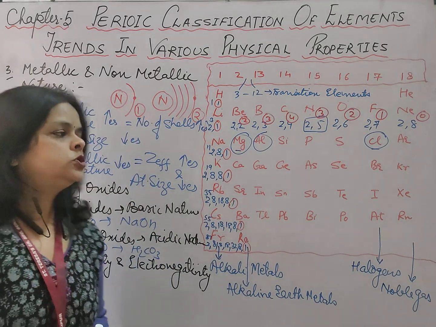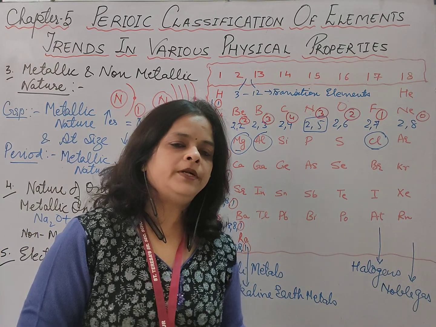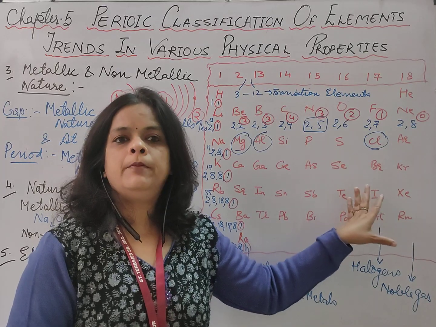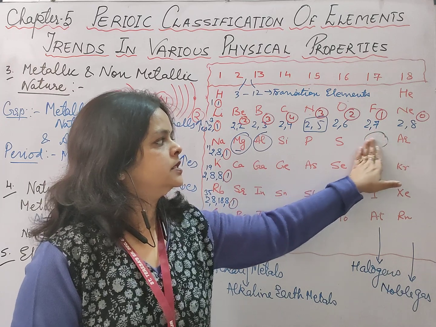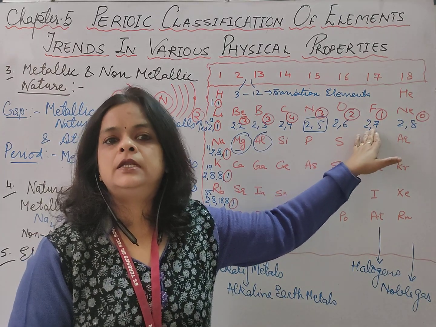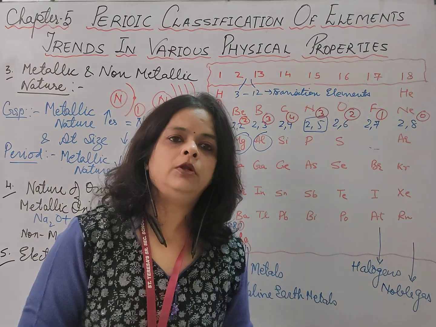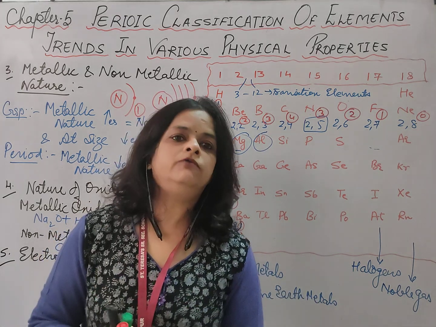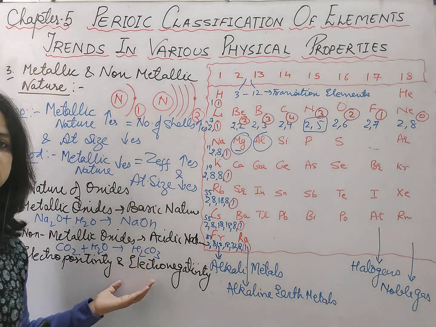Is it clear? So students, here we had discussed the properties and you can be asked these properties in various ways, and of course you can be asked their group number and the period number, or you can be asked, suppose यहाँ से element हटा दिया यहाँ से, and you can be asked to write the symbol of the element which can come here. So you just learn, first of all learn the modern periodic table and then practice a variety of questions. In this part of the chapter we have just understood how the trend changes.